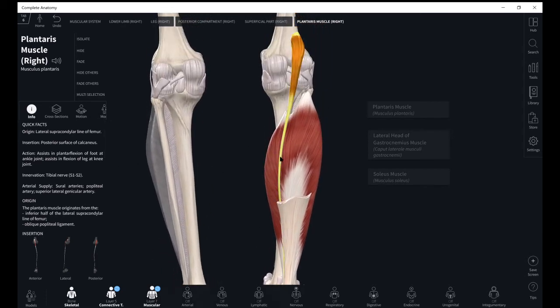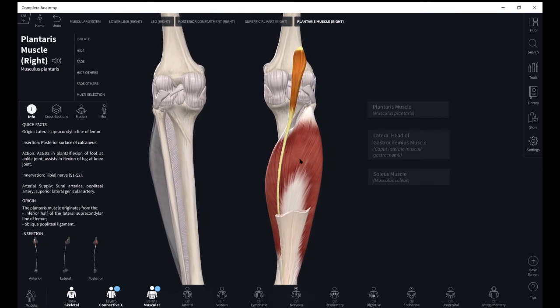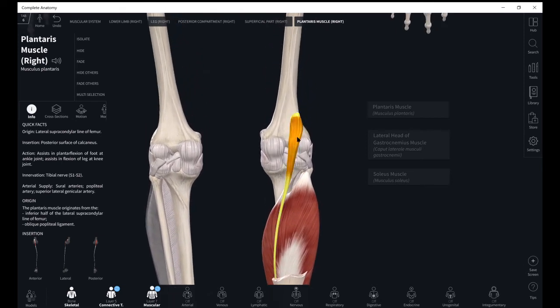How relevant is Plantaris? It's hard to say. I always like to think that the Plantaris is the cause of a lot of posterior knee pain. Odds are it's probably not involved that much, given how small it is, but it is there and it can be needled, and we will cover that in our introductory dry needling session. So we'll hide that and get now to